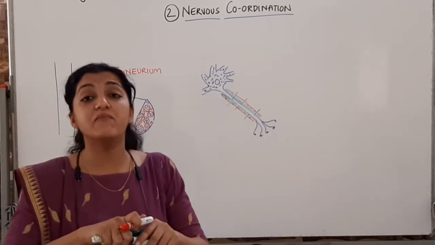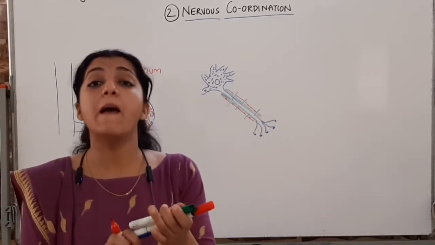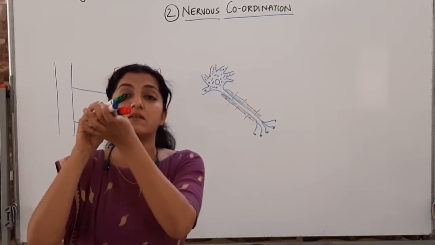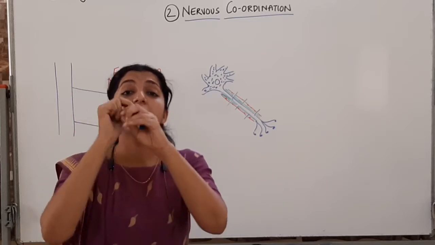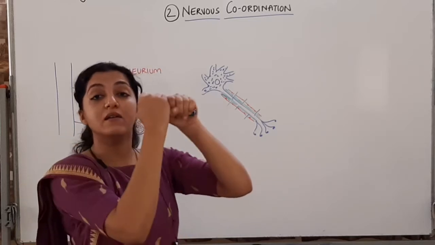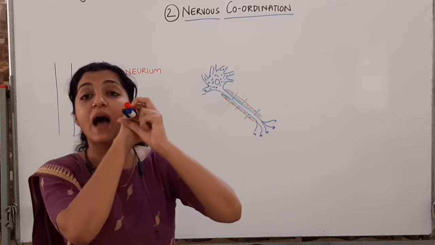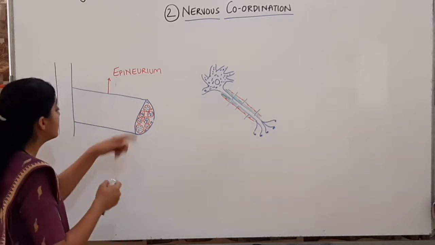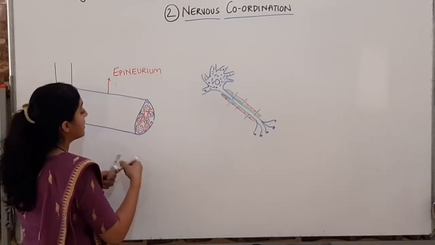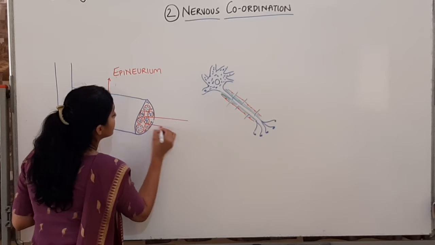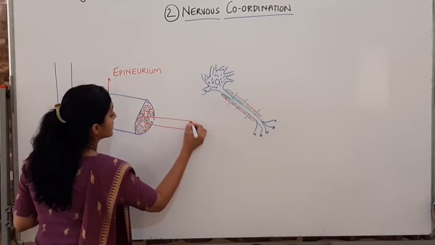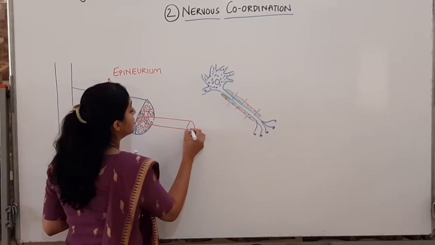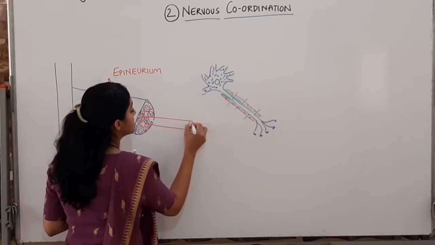And what is there in one nerve? In one nerve there are bundles of nerve fibers. See, this is my one bundle, this is second bundle, this is third bundle. Such bundles are inside this nerve. This is my nerve. Inside the nerve you have bundles of nerve fibers. If I take out one bundle from here, see, this is one bundle. Again, it's going to have the neurons, that is the nerve fibers, neurofibrils.